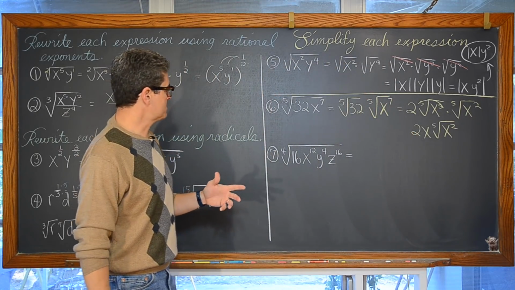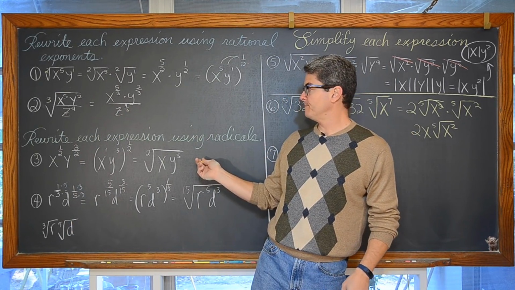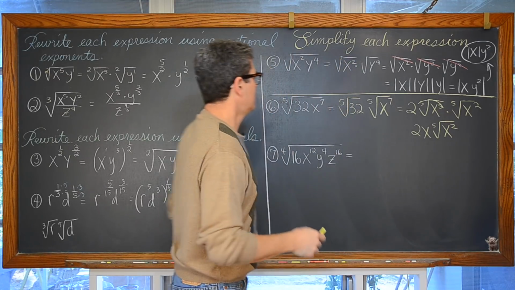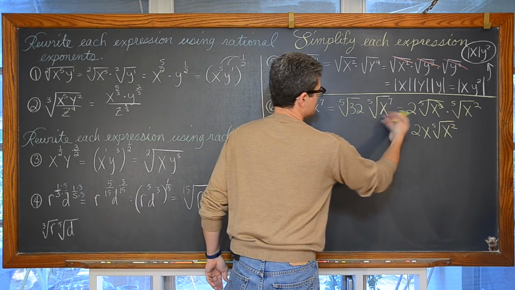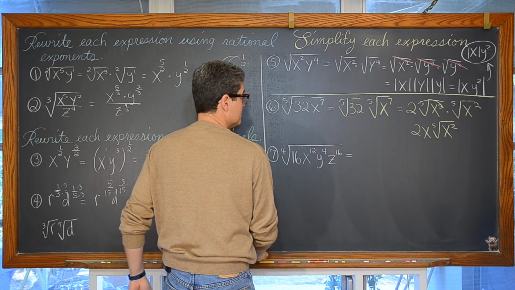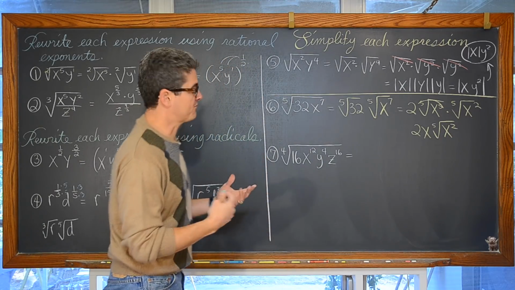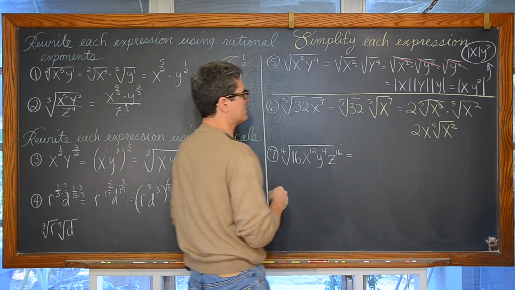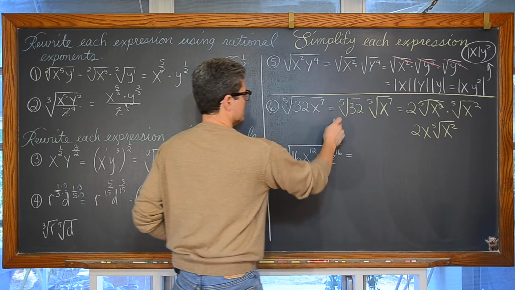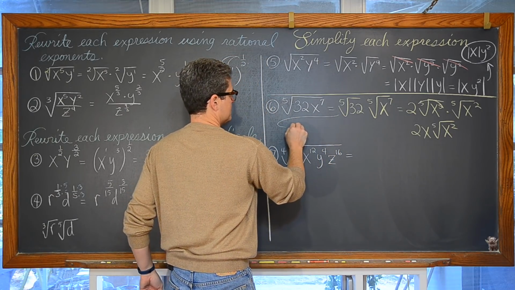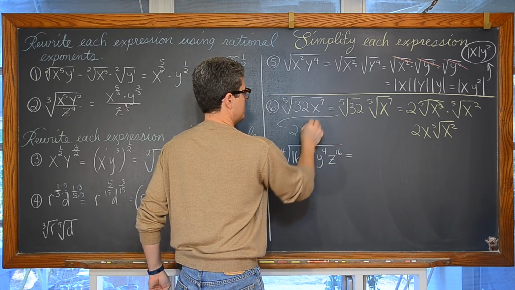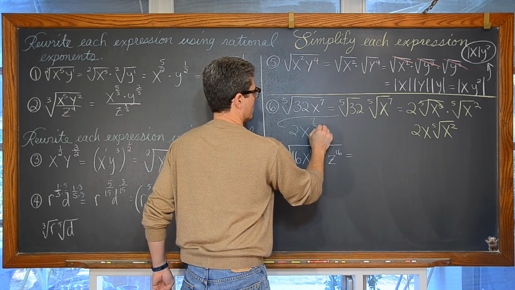Now, if you wanted to go into fractional exponents, which is not a huge advantage for this type of problem, but I promise you in some math problems, fractional exponents are way better than radical notation. We can write this as 2, and then x to the 7 over 5th power.